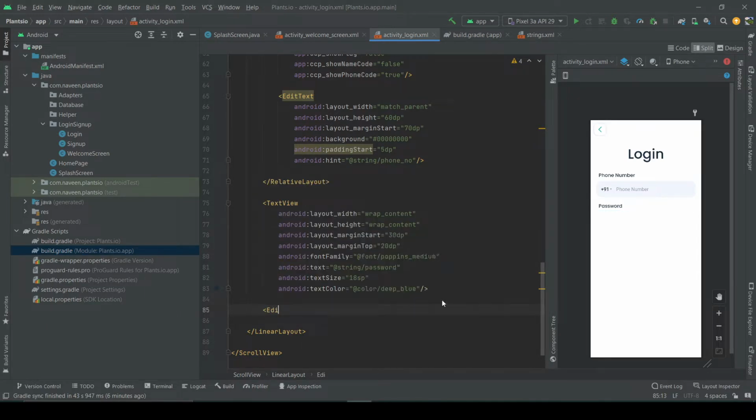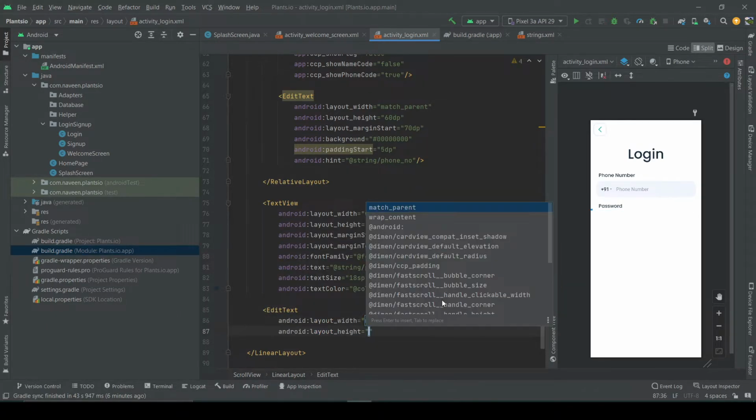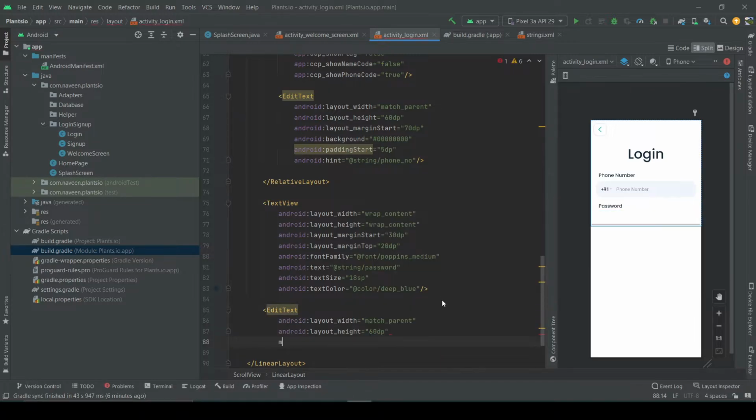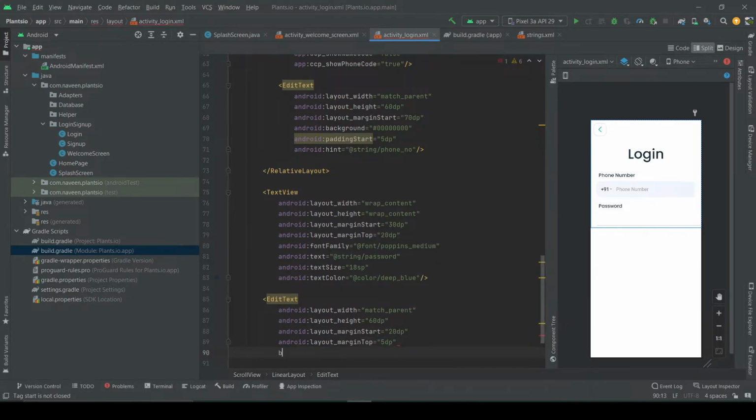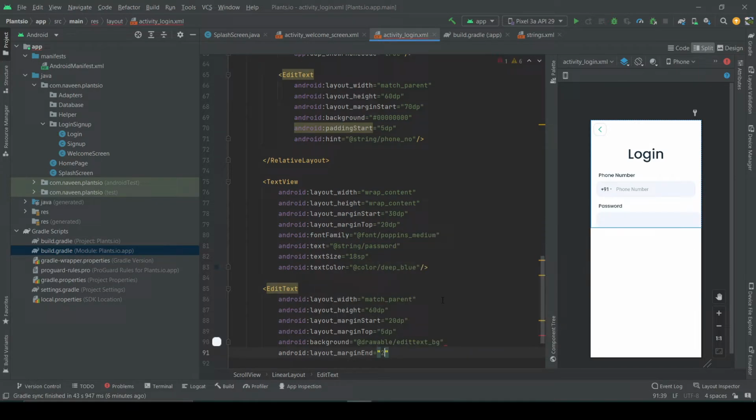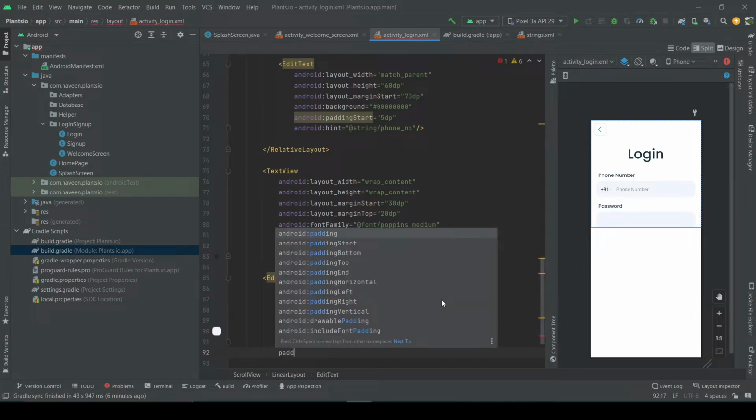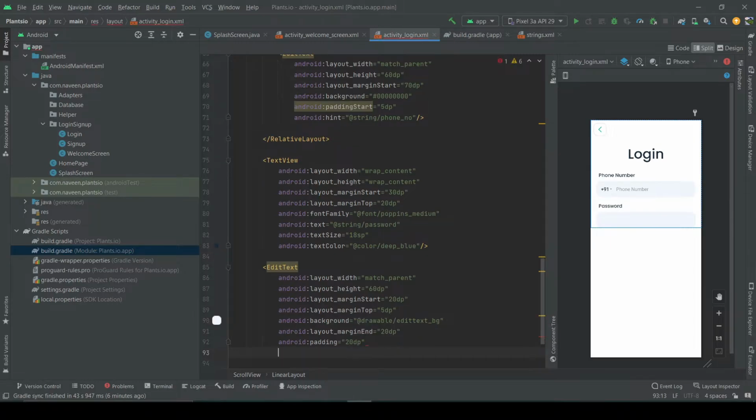For the edit text, width will be match parent and height 60dp, and margin start 20dp, margin top 5dp. The background will be edit text background, and margin end 20dp. The padding 20dp, and the hint will be password. Close this, and the input type